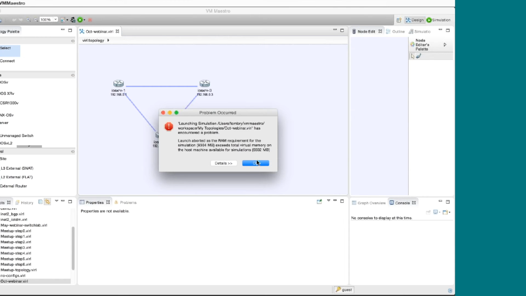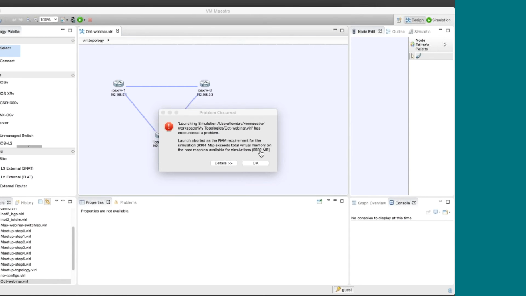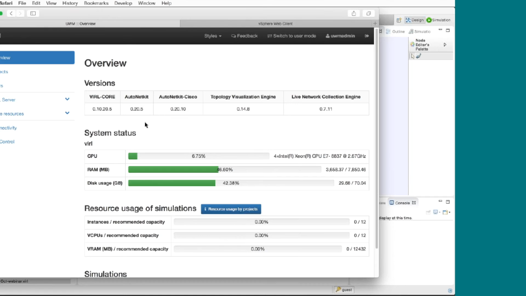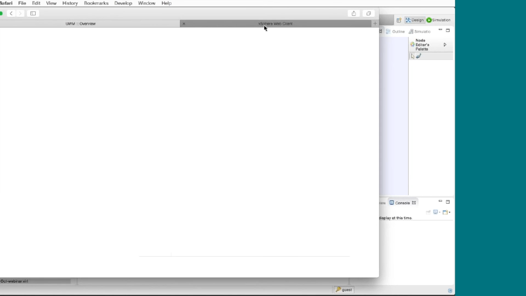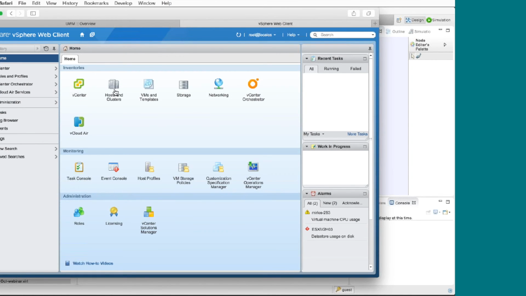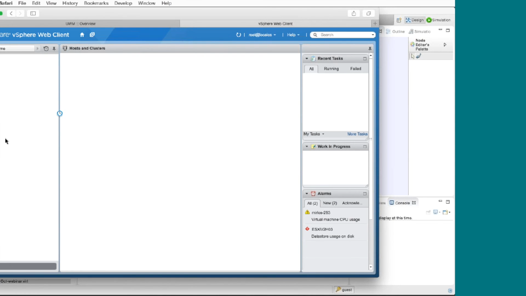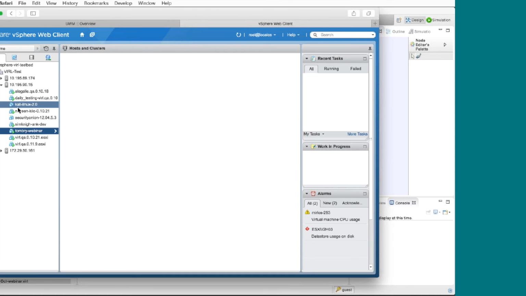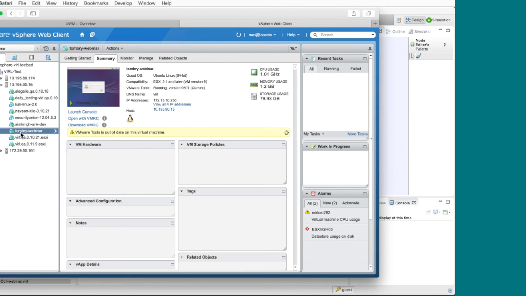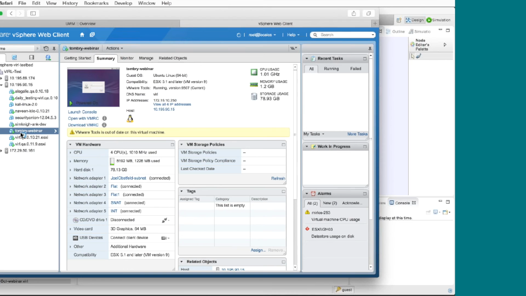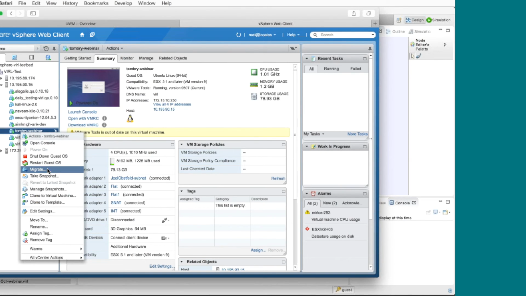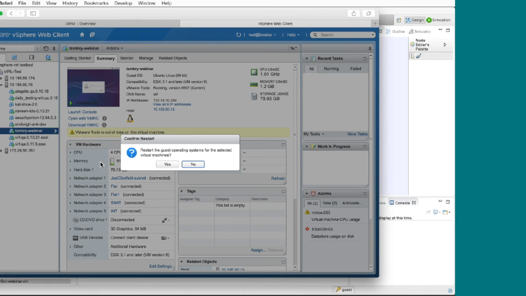So if I look at the back end, at the UWM, well, first we'll look at this VM itself. So this backend that I'm using has allocated to it 4 virtual CPUs and 8 gigabytes of RAM for this VM.